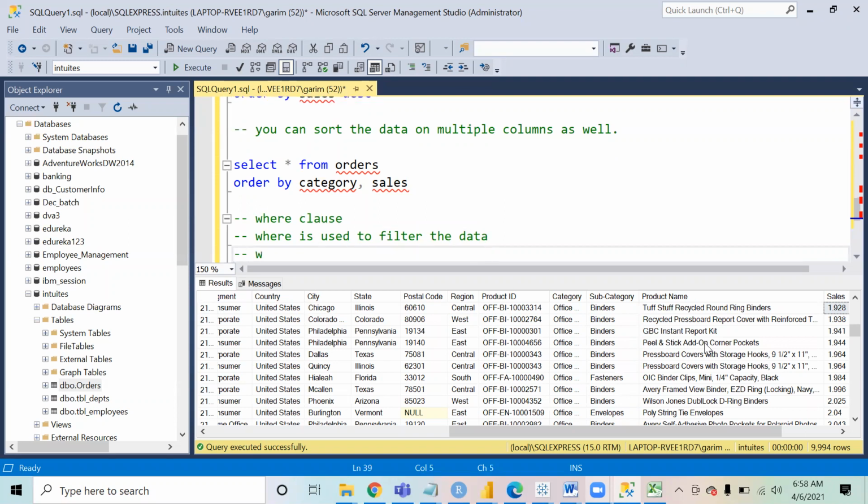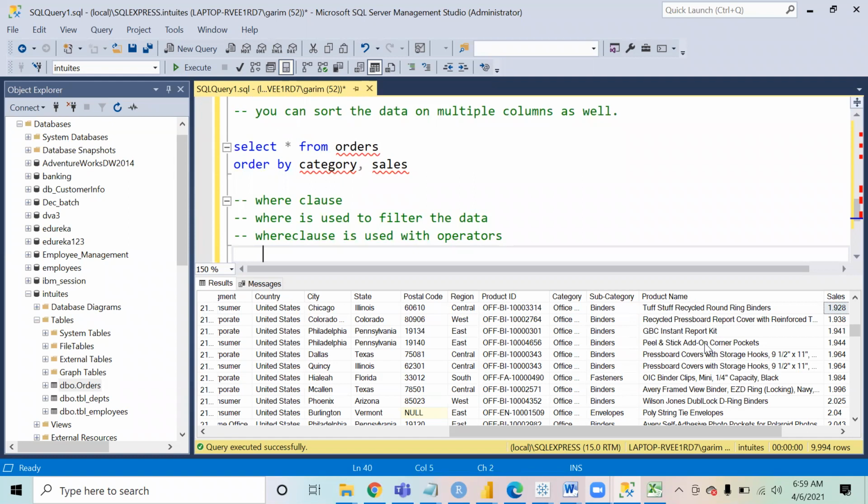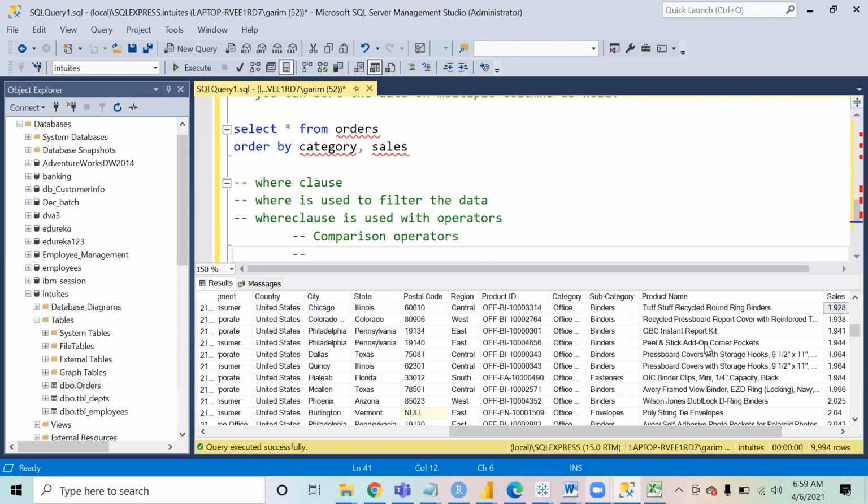Now the where clause is used with filters, with operators. These operators are of two types. First of all, we have comparison operators. Then we have logical operators.